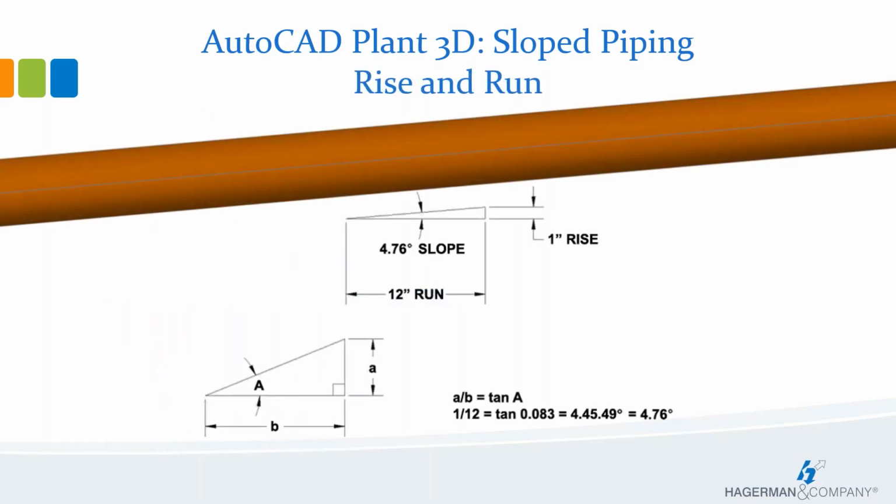Basically, I've got a screenshot here just to explain. When you're drawing slope pipe, you're going to be dealing in Plant 3D with the rise and the run. So it's this piece of pipe that's on my screen. It has a 4.76 degree slope, but it has to be entered by a 1-inch rise, 12-inch run. If you want to look at it from your old trig days when you had to do mathematics,